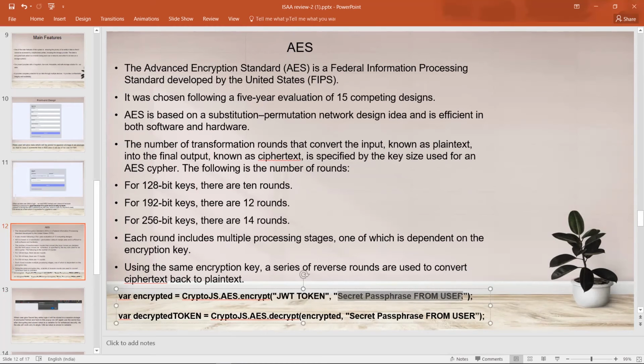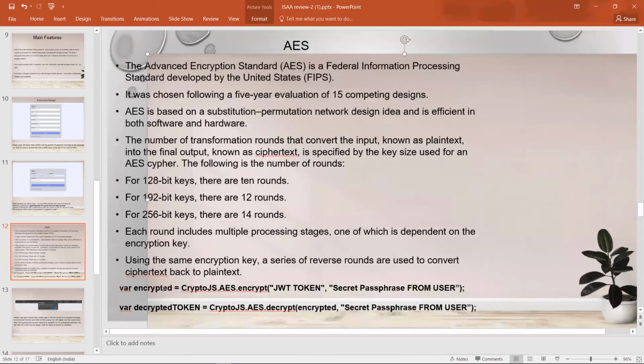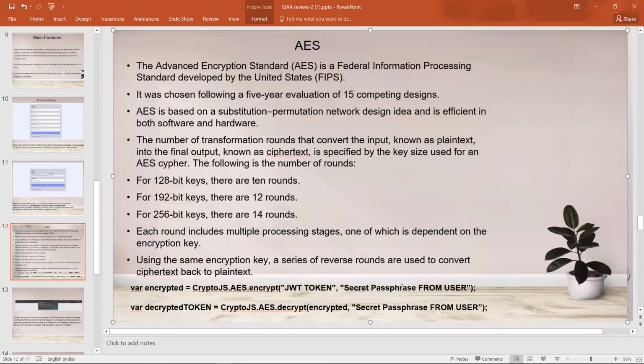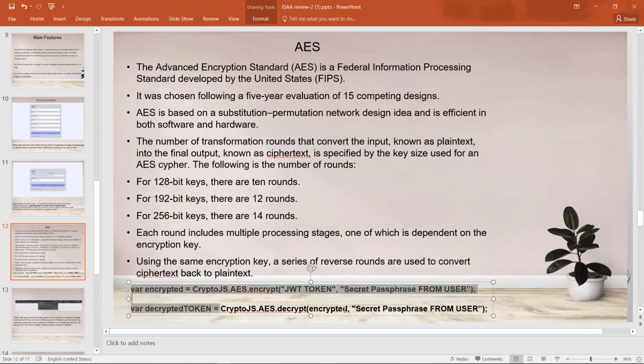AES is compatible with both hardware and software, and it has a number of transformation rounds that convert the input, known as plain text, into the final output, known as ciphertext. The number of rounds is specified by the key size used for the AES cipher. For a 128-bit key, there are 10 rounds. For a 192-bit key, there are 12 rounds, and so on. Each round includes multiple processing stages, one of which depends on the encryption key.